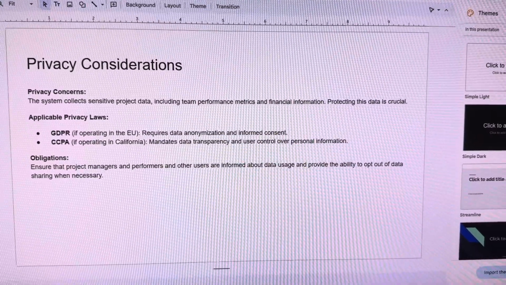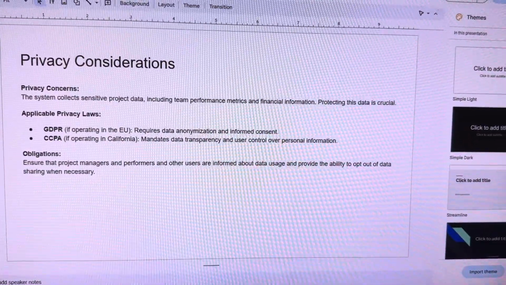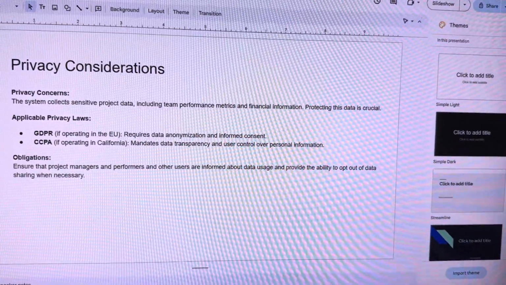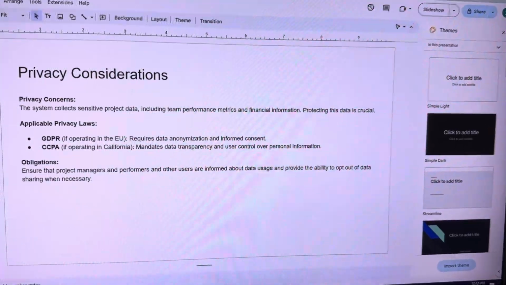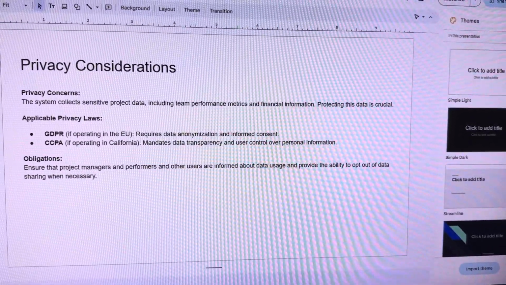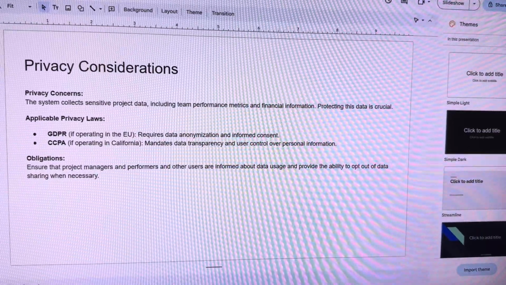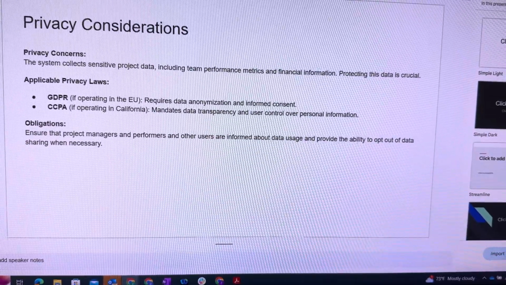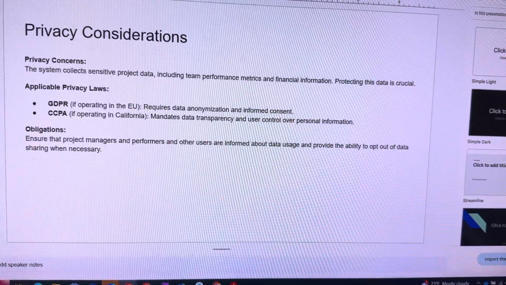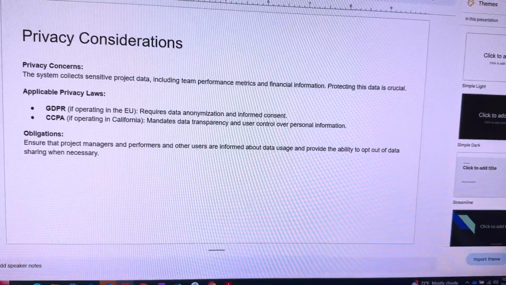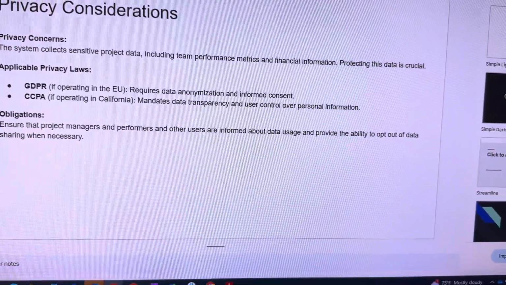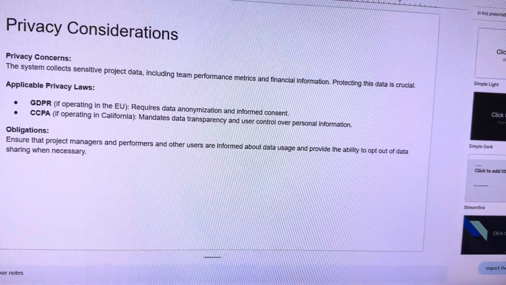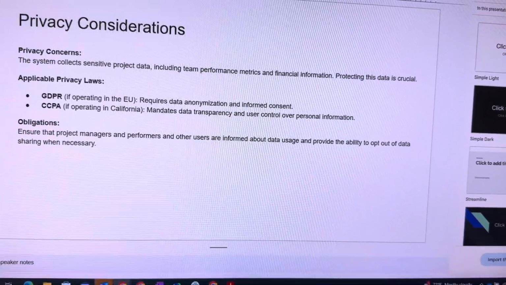Privacy considerations. So the system does collect sensitive project data because it includes information about team performance metrics and financial information. So protecting this data becomes crucial. These are the applicable privacy laws that we need to take into account. So if we are operating in the EU, the GDPR will be applicable, and it requires data anonymization and informed consent. Whereas if we're operating in California, the CCPA becomes mandatory, and it mandates data transparency and user control over